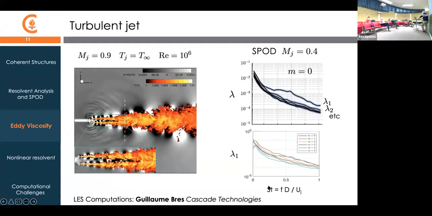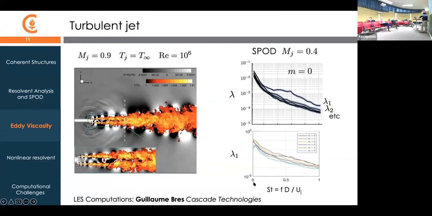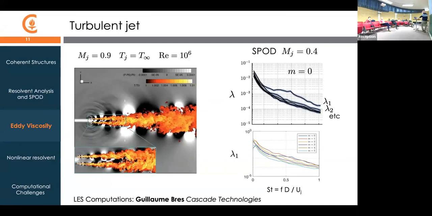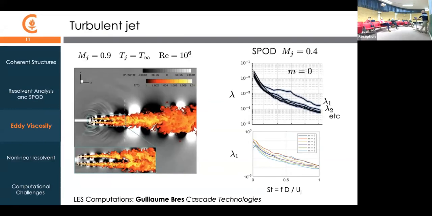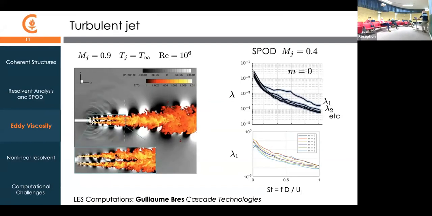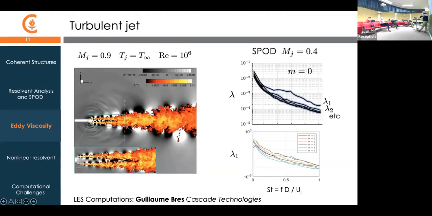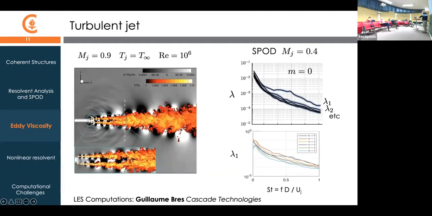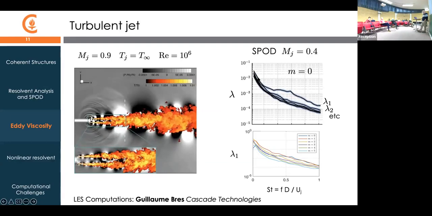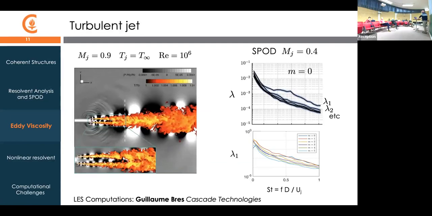By the way, the frequency here is in Strouhal number, and we're restricting our attention for the most part to fairly low Strouhal number, 0 to 1. The energetic turbulence in the jet can extend up to a Strouhal number of 5 or quite a bit higher, but most of the coherent structures we're interested in are in this frequency regime. So we have this gain separation, but it's not uniformly true. When we look to the low frequencies, which turn out to be very energetic and very important, we don't have that high of a gain separation. And we'll see some reasons for that as we go through here.